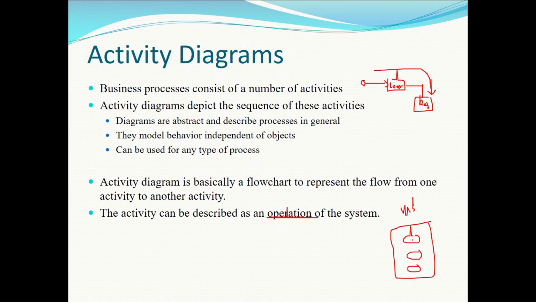Now in the activity diagram, you need to take these use cases and draw an activity diagram for each. For each process, you will have an activity diagram. It does not specify in detail what exactly happens in the process, but it shows the general way